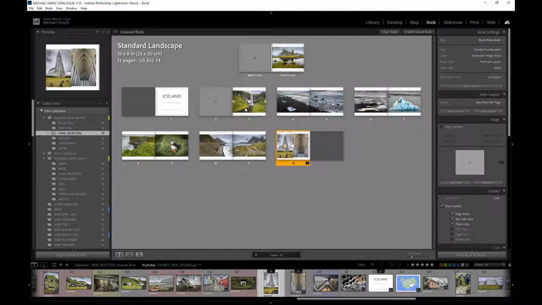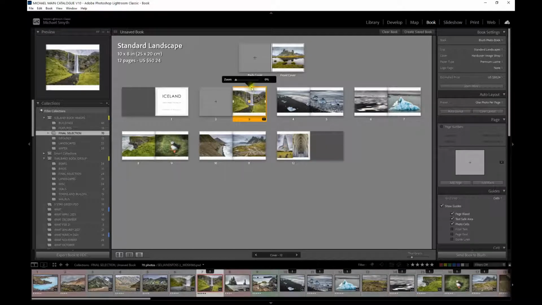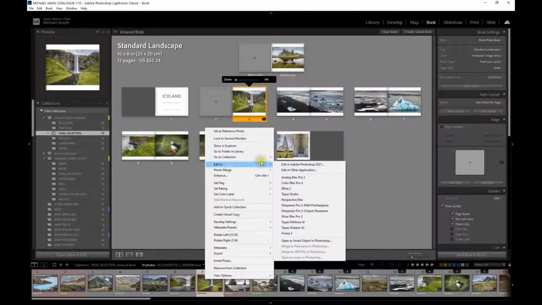Let's have a look at the first page of the book we're going to use. So we know that that is page 1, there's a blank page 2, what we're going to be creating is page 3, and I need to now go to my library and pick this photo up so that we can now edit and create the actual page. And by clicking on this part here, you'll see that it highlights this image here. And so now if I right mouse click on that and say edit in Photoshop,